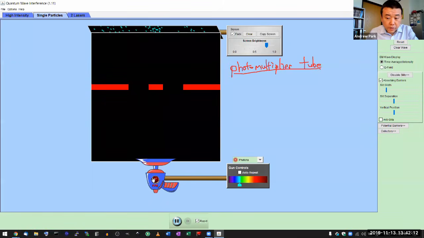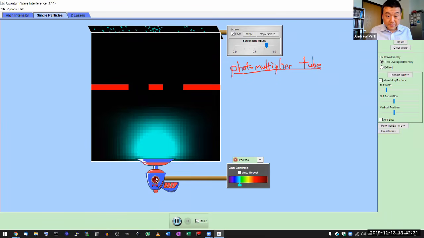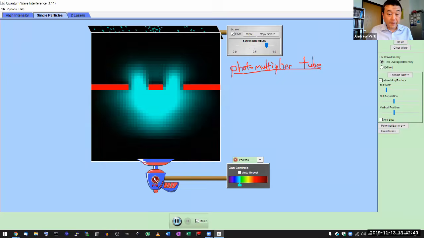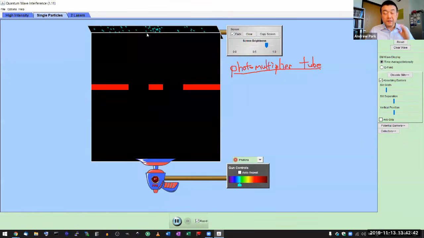So what I want you to realize is that each time a photon falls, you can't really predict where it'll land. It might land within this range, it might land within this range or this range, but I don't know where the next one I'm gonna fire will go. Let's see, it landed here, but I had no idea it was gonna land here. It could have landed in the middle. It could have landed on the left. With the next one I fire, it landed in the middle. So this is what I mean by uncertainty.